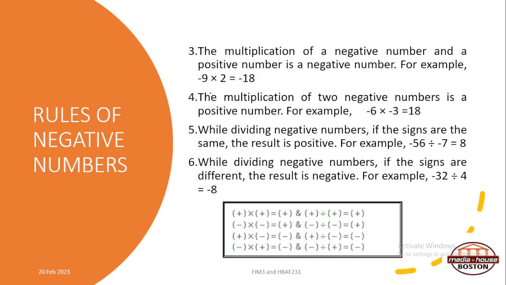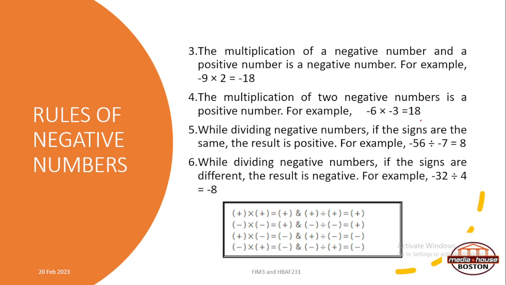And if you are using multiplication, the multiplication of a negative number and a positive number, the final amount is a negative number. For example, minus 9 times 2, therefore we're going to have a minus 18. It doesn't matter if it was positive 9 multiplied by negative 2, the final answer will still be minus 18. Then in terms of multiplication of two negative numbers, minus 16 multiplied by minus 3, we're going to have